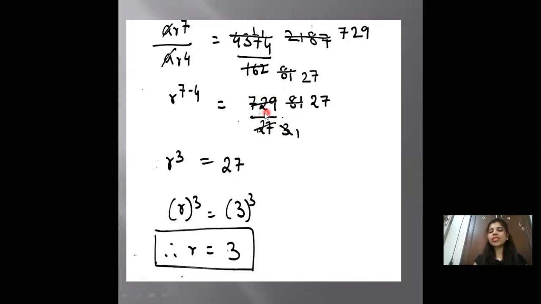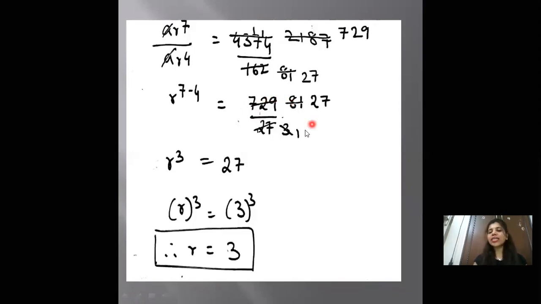So what we will do is, 729 can also be divided by 9 because 7 plus 2 is 9, 9 plus 9 is 18. So if it comes in the table of 9, 18, when you add, it shows the divisibility test of 9. So it can be divided by 9.